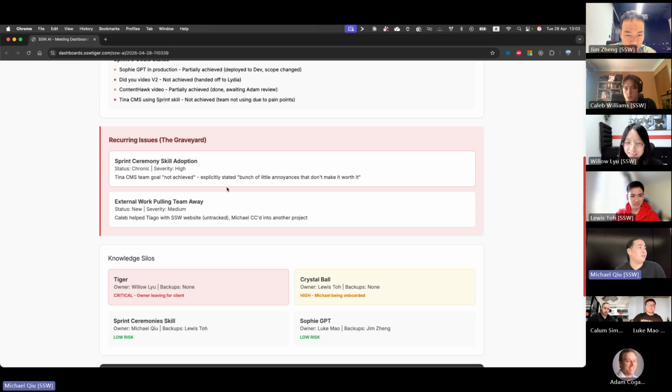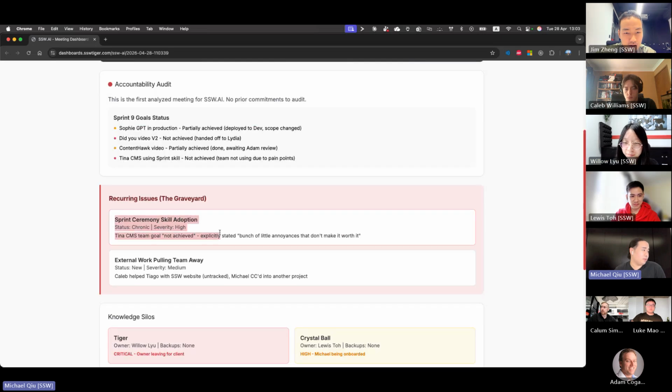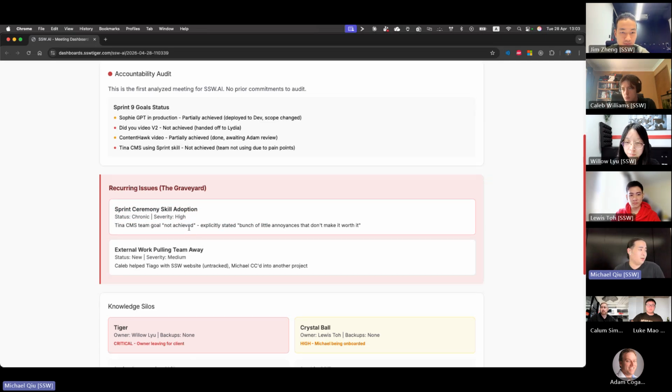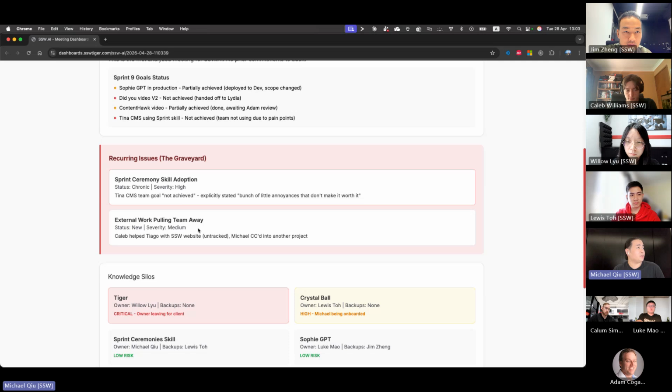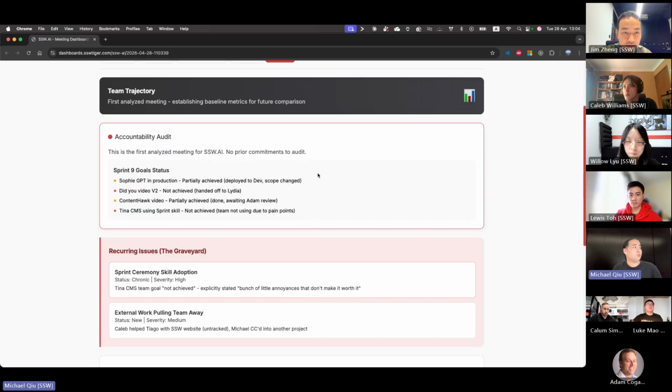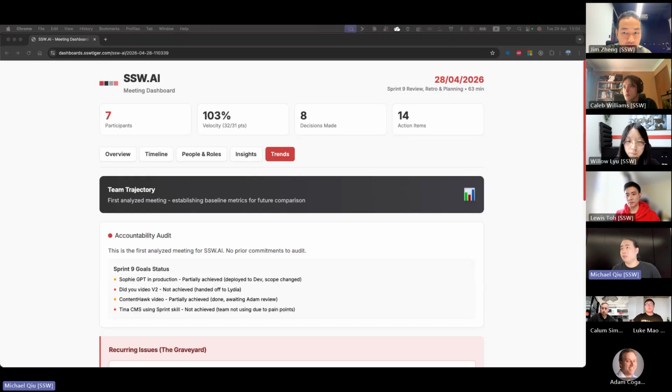Yeah, looking at the trends with our graveyard, it's called out the recurring issue of the sprint ceremony adoption. So obviously that's a long-term goal we've been working on. Hopefully this new sprint sync feature kills a lot of the pain points for these teams, and we can see more teams adopt this skill usage moving forward. And that's about everything from the Tiger dashboard that I thought was interesting. Did anyone have anything they wanted to take a look at? Awesome. In that case, I'll pass it back to you, Lewis.